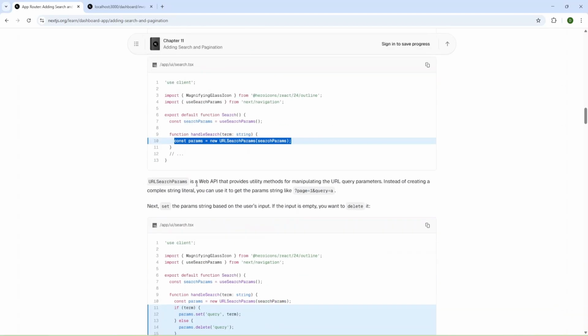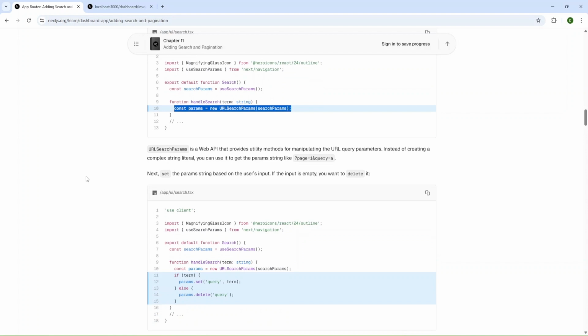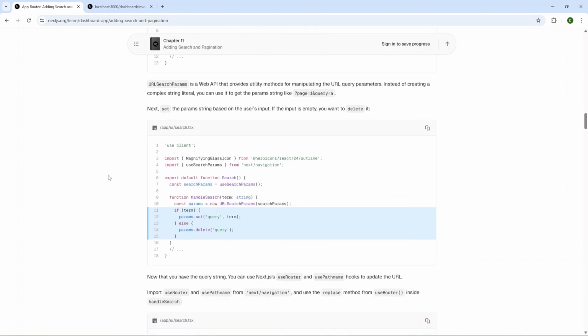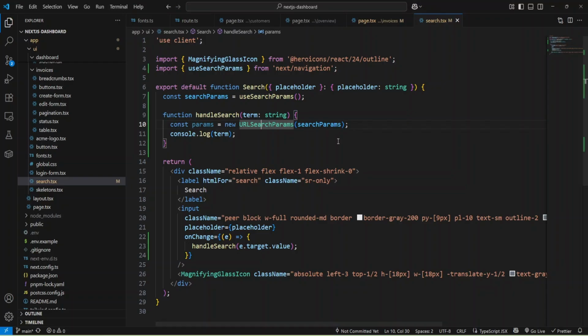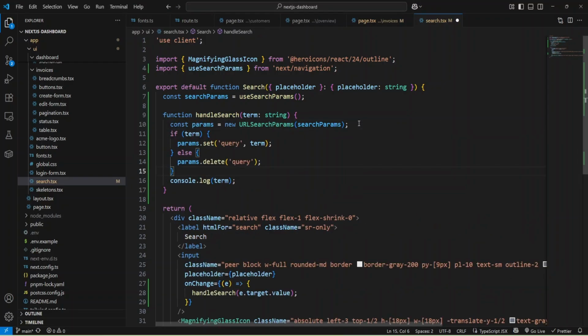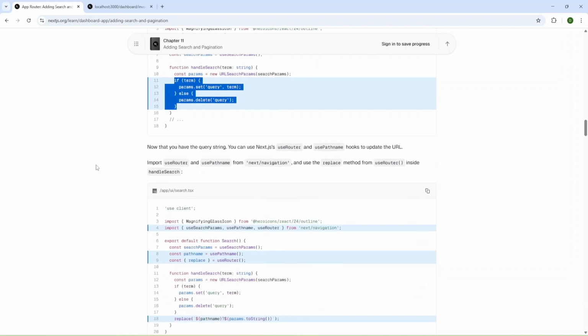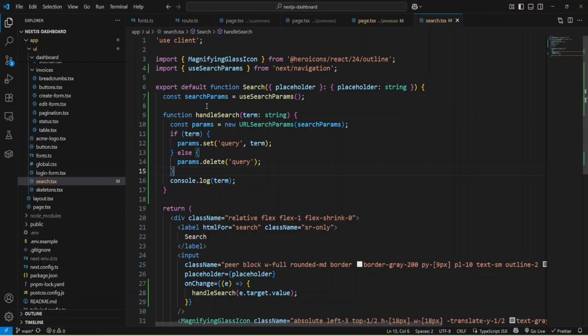As you can see, it's a web API that provides utility methods for manipulating the URL. Okay, and also we can add this code below our params. Now we can use the hooks useRouter and usePathname, and add them to our params.